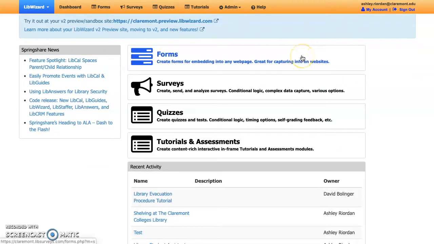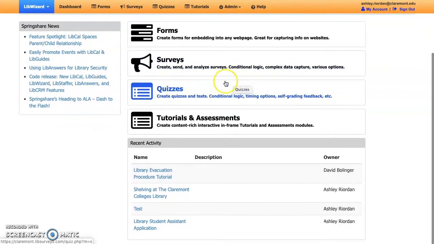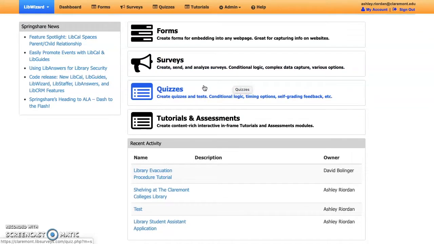Forms is an option that we use extensively on our website. This tutorial will not cover how to use that, but that is something you might want to learn more about. The surveys is another option similar to forms, but with a few more features. Quizzes, which is what we'll focus on today, allows you to create tutorials and quizzes. And then you'll also see this option down here for tutorials and assessments. This is a more advanced option with some unique features, but I think for our purposes, quizzes is going to